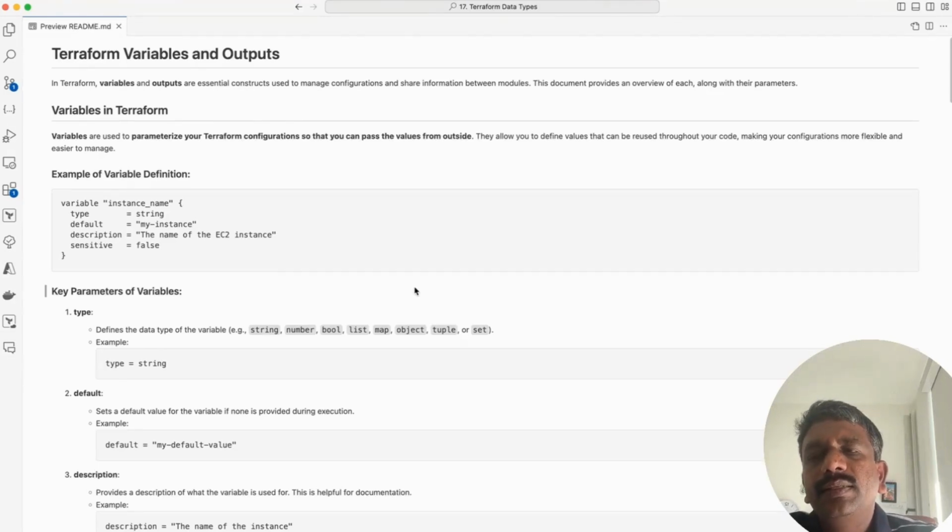In this video, we will be discussing Terraform variable and output. So what is a Terraform variable? A Terraform variable is a way to parameterize your Terraform configuration so the value can be passed from outside of your